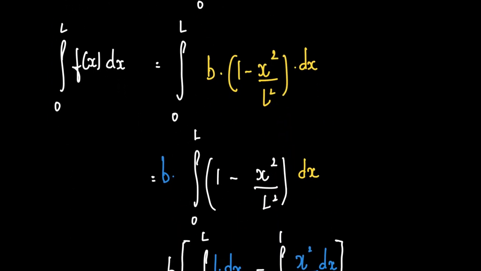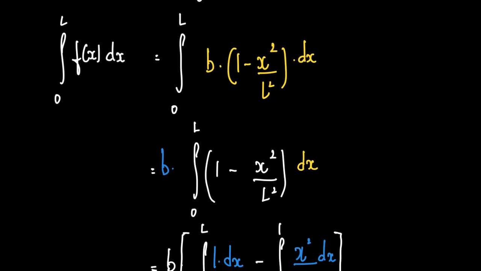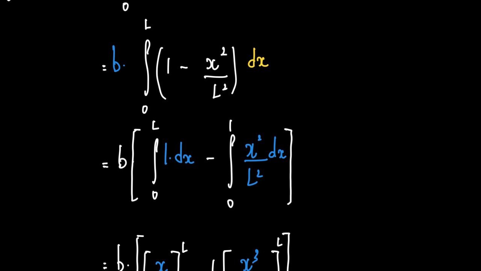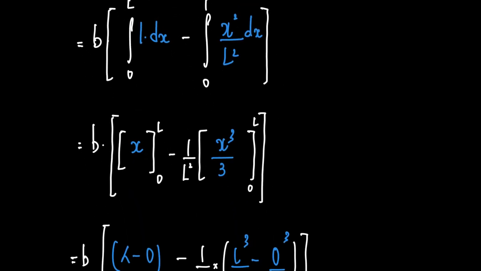So denominator again is a very straightforward integration. F of x is b into 1 minus x square by L square dx. B is a constant, can be taken out of the integrand. So that becomes b into integral 0 to L 1 minus x square by L square dx. This integrand can be split into two halves. Integral 0 to L 1 dx minus integral 0 to L x square by L square dx, which gives us